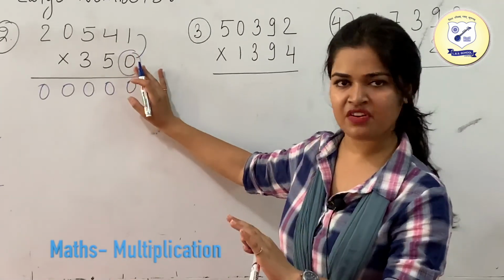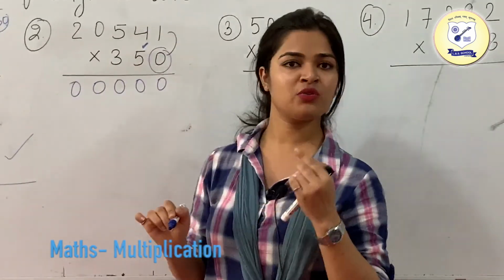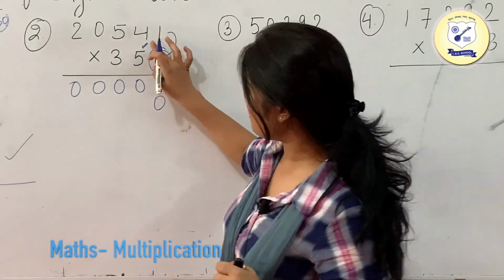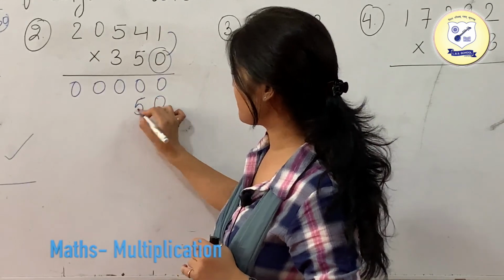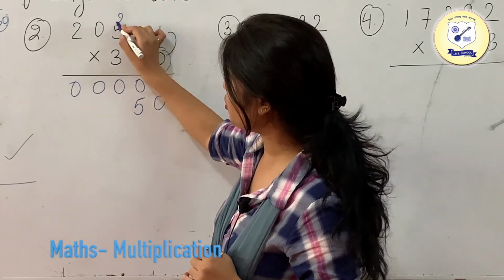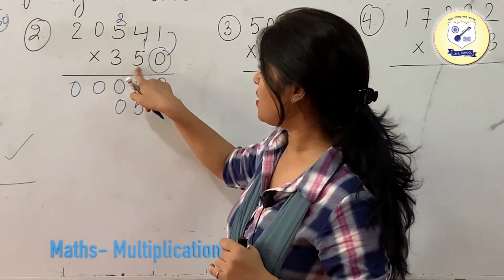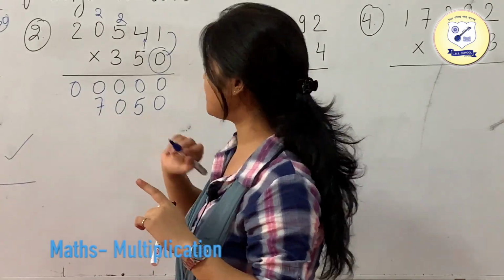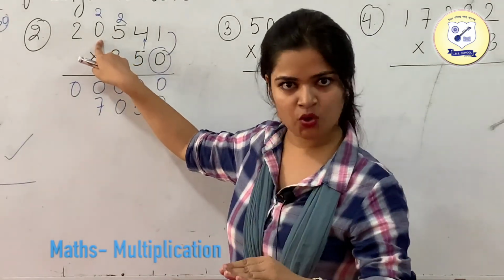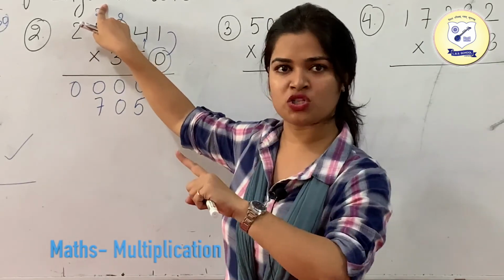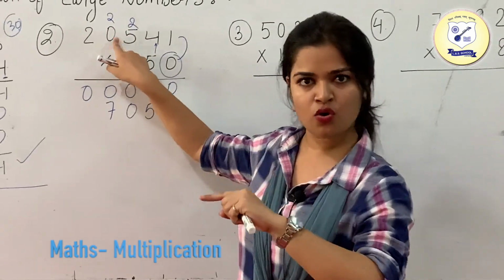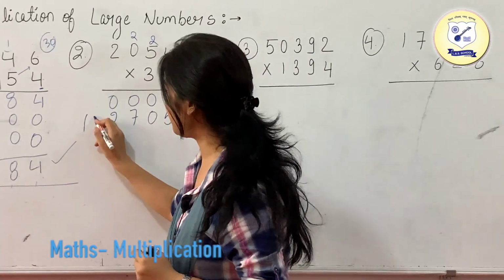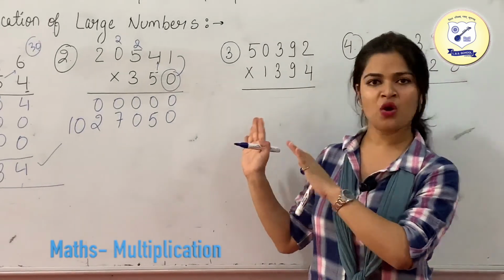Okay, so now we are done with the first digit and now we are moving to the second number. For that, what we need to do is just put a 0. Okay, so now start multiplying. So this is going to be 5 ones are 5, 5 4s are 20. Just put 2 over here and 0 here. 5 5s are 25. 25 plus 2, which was your carry, is going to be 27. So just put 2 and 7 here. 5 zeros are 0. 0 plus 2, since we are having carry also, so just add that. 5 zeros are 0 plus 2 is going to be your 2. 5 2s are 10. So just write 10 over here. Okay, so now we are done with the 2 digit.